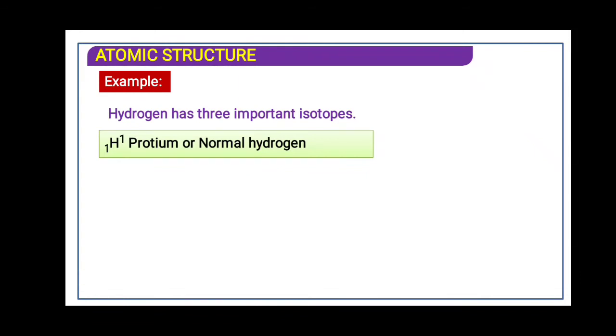Capital A indicates the number of protons and neutrons. Proton depends upon the atomic number. Atomic number 1 means proton 1. So both the atomic number and the mass number are 1. That means the mass number is because of the proton number, and there is no neutron. That is why there is no addition of any particle. So this hydrogen atom is the only naturally occurring element in the periodic table which has no neutron. There is only a proton in the nucleus.